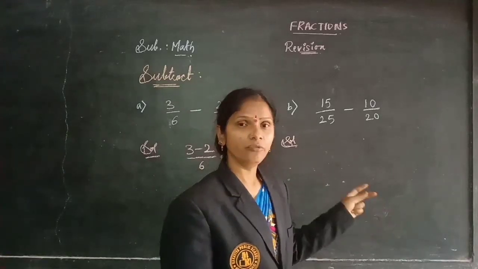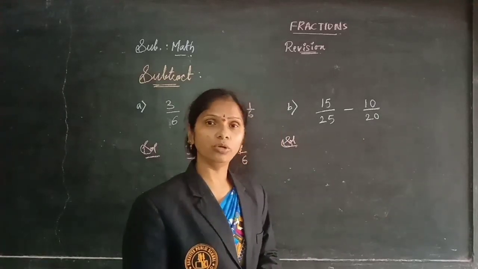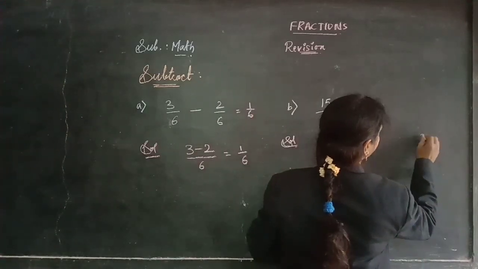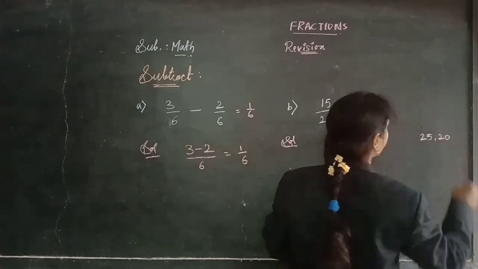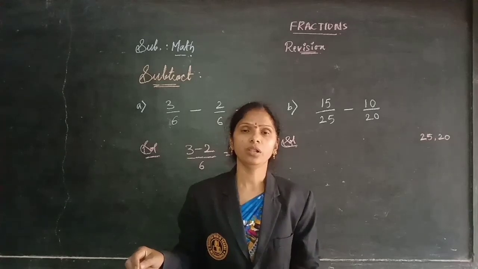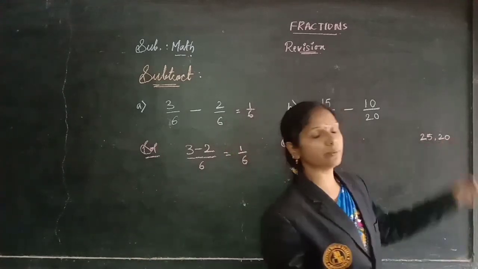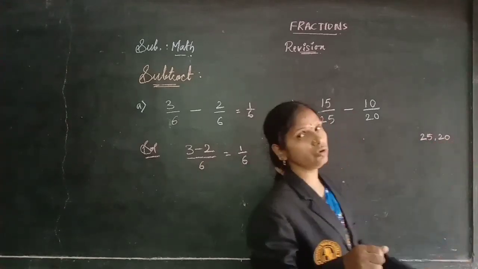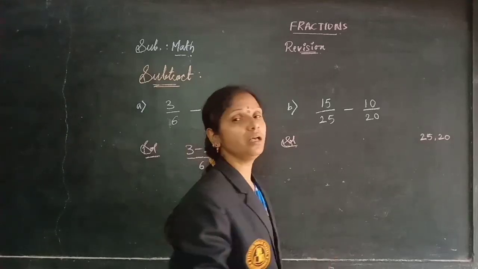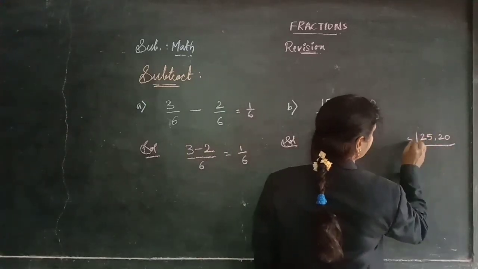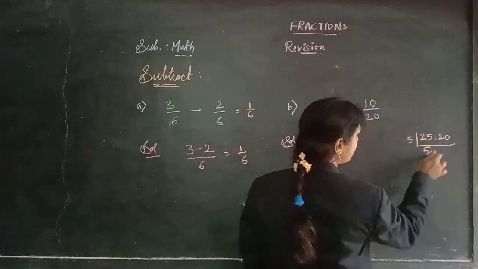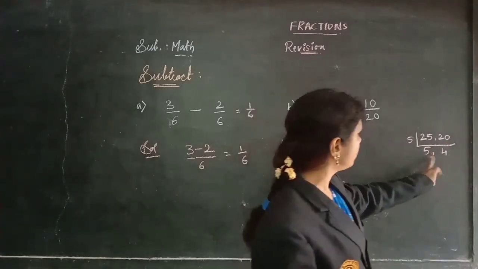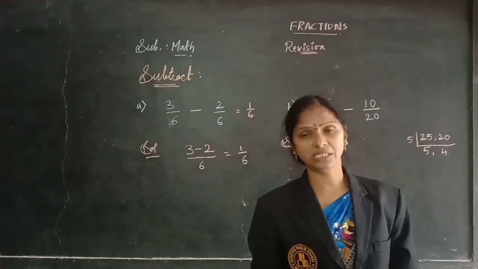So to subtract, we need to convert the unlike fractions into like fractions by doing the LCM, children. So the LCM of the denominators 25 and 20. 25 and 20, in which table is it possible? See, if I select the 4 table, only 20 is possible, children, not 25. If I take the 5 table, we can divide 25 and also 20. Means we should select the 5 table here. 5 5s are 25, 5 4s are 20. And the left numbers 5 and 4 we can't divide in any single table.